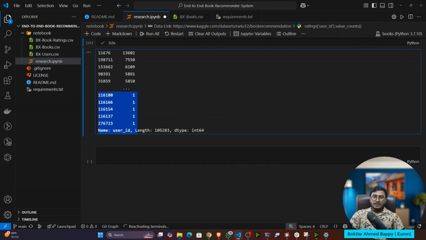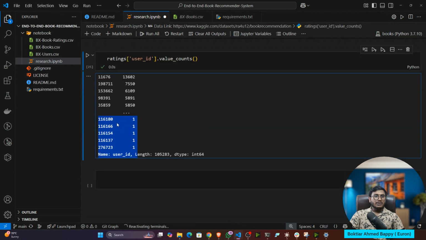Okay, and here for our analysis, we are not going to use those users who have only rated one or two times. We will only filter those users who have read at least 200 times. We'll only pick up those users, because we can consider the others as outliers. Again, this is called feature engineering. I think you know what feature engineering is. Here we try to make the features, right?